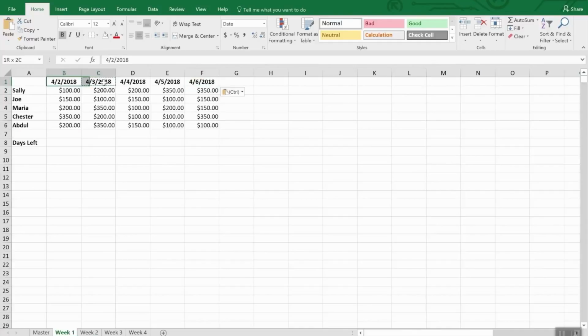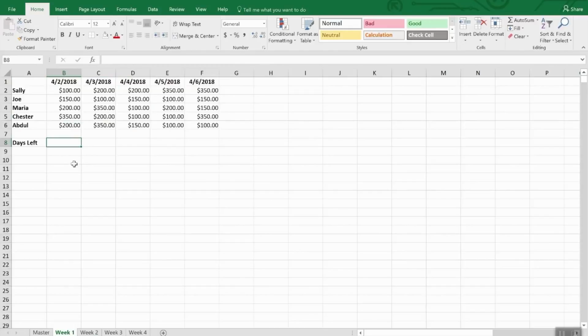And then we can copy the entire set of labels, go to week 2, copy, paste, and we're going to do 4/9/18, and that'll do the rest. So really easy to go and populate your worksheet with the date of each day rather than the day of the week. Now let's do something a little more complex using a date function,